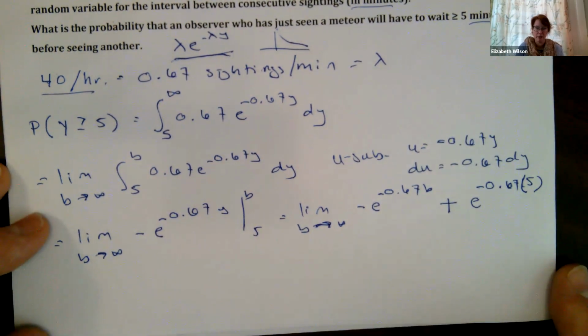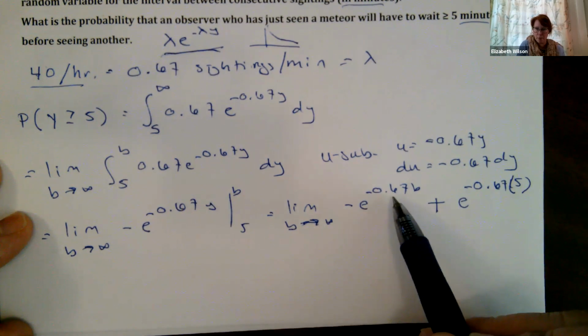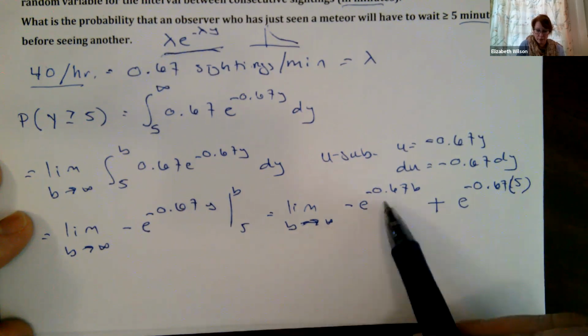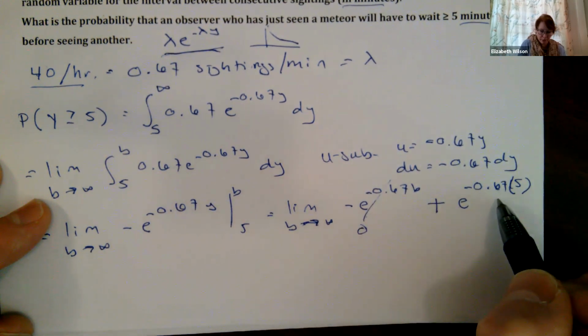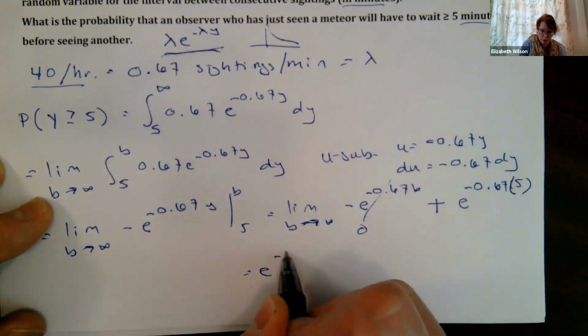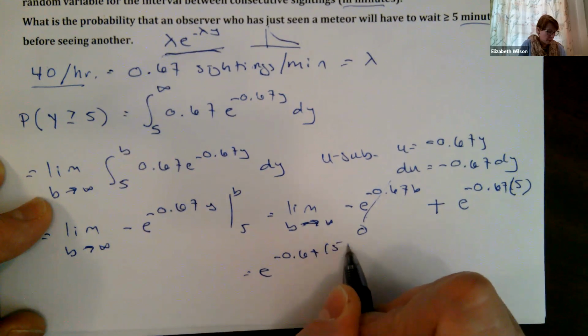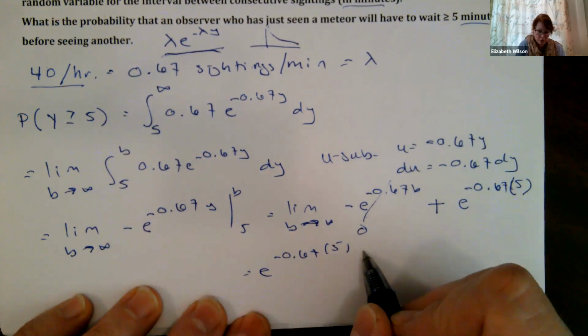I'm plugging things in. When I plug in infinity, this first term goes to 0. So I'm just left with e to the minus 0.67 times 5, which I think is roughly